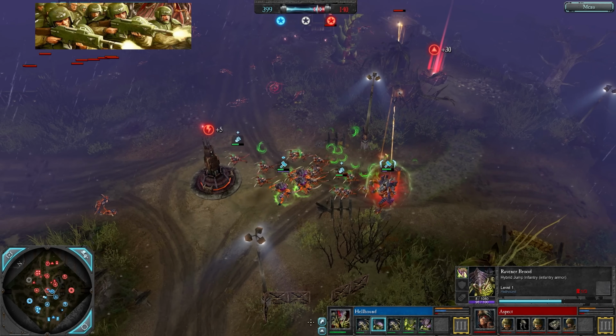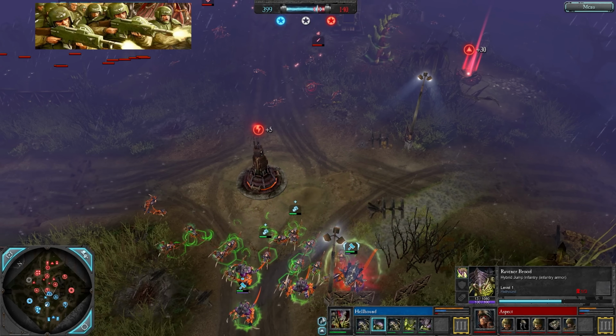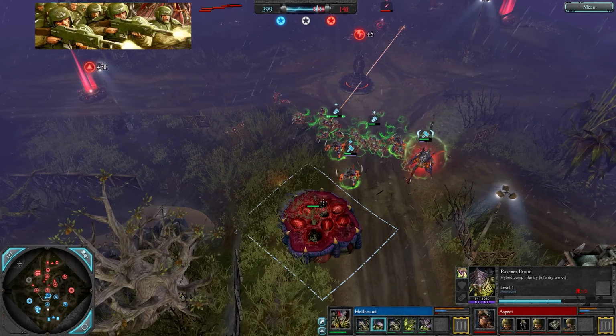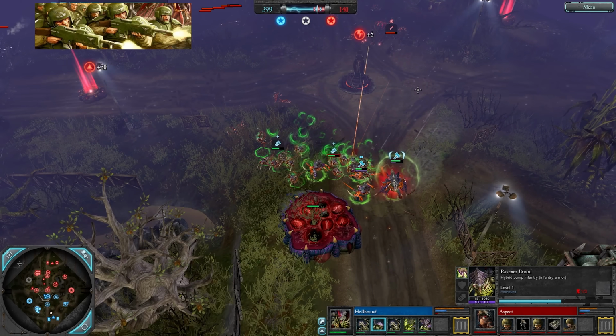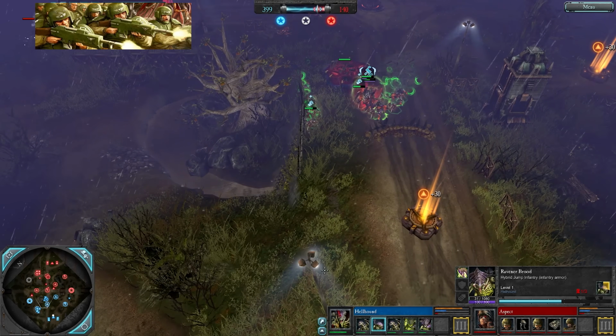Very, very fortunate here. But guys, 800 resources for the Tyranids, 500 for the Guard. So the Guard are probably going to get a Leman Russ, I would guess. They're going to have to get something to deal with the inevitable Swarm Lord that is very obviously being built up here. And I bet you were going to...